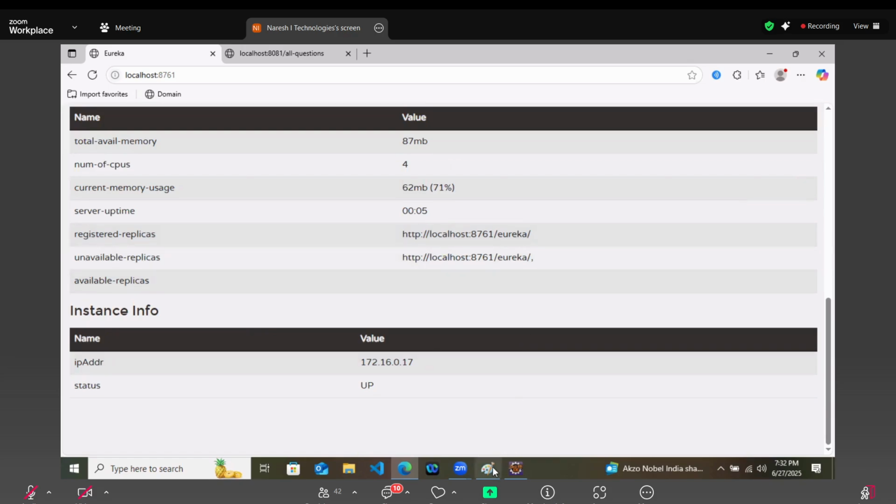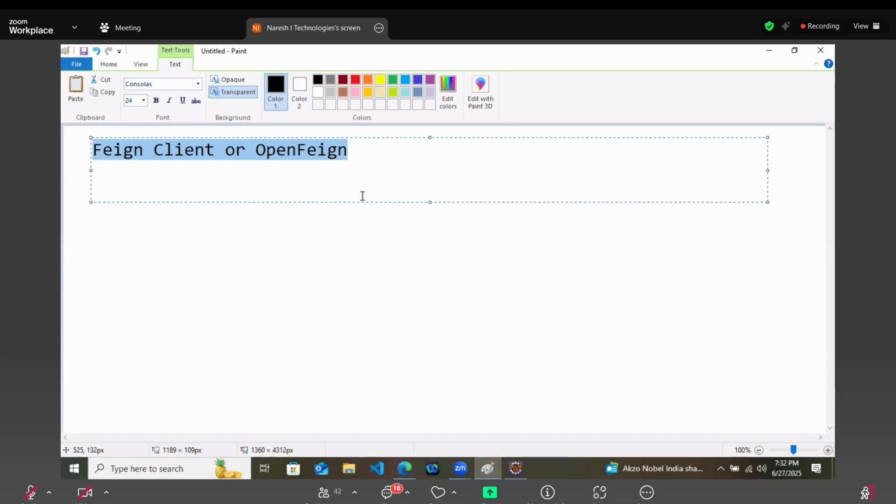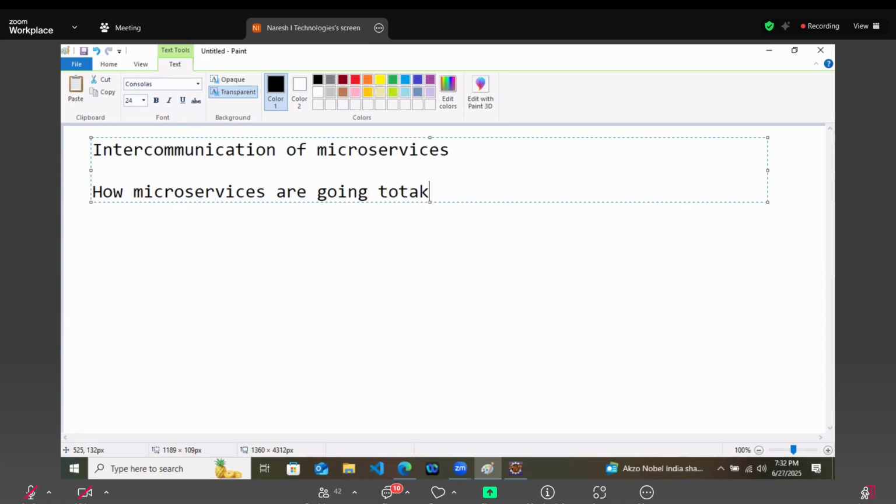Now we are going to check how the communication is going to be. So you can say that topic as intercommunication of microservices, or you can say how microservices are going to talk with each other.